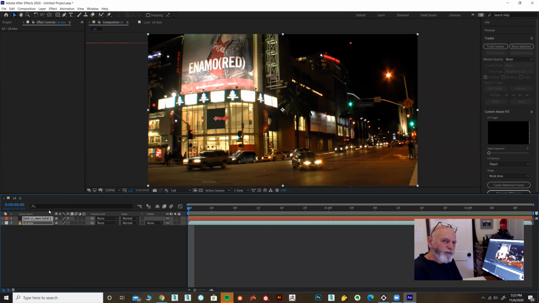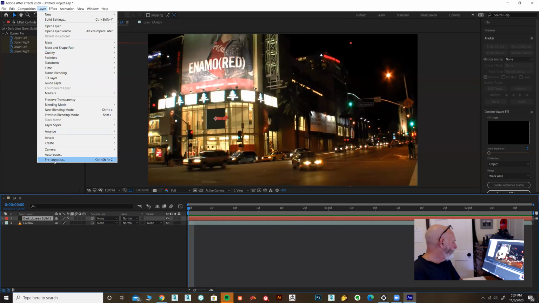Pre-composing is a standard thing in After Effects that we just haven't really done yet. It's taking a bunch of elements and putting them into one thing that's a separate composition that's open in your composition. All right. So with your dark or whatever your solid layer is called, with that active, we'll go